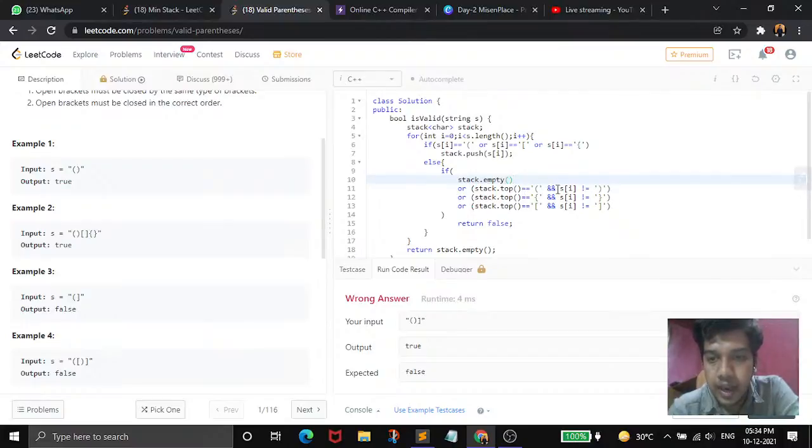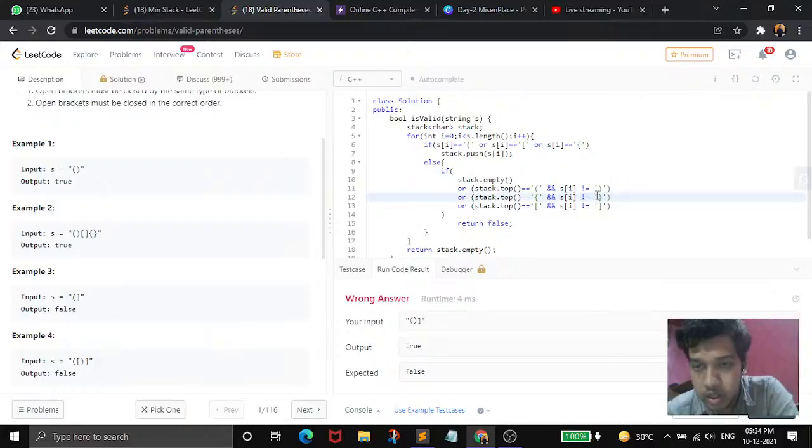If it is an opening bracket and s of I, which is the next value in the string, is a closing bracket of the same type, then we cannot return false, we have to return true. Okay, so next is or stack dot top is equal to this type of opening bracket and the closing bracket is not equal to this.